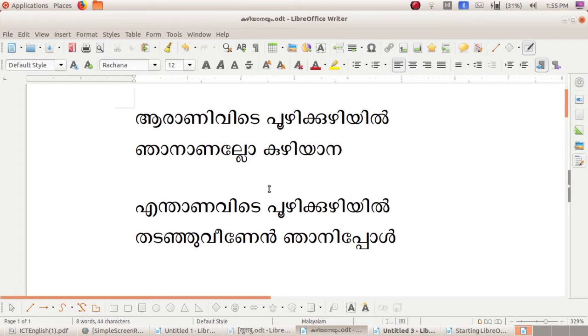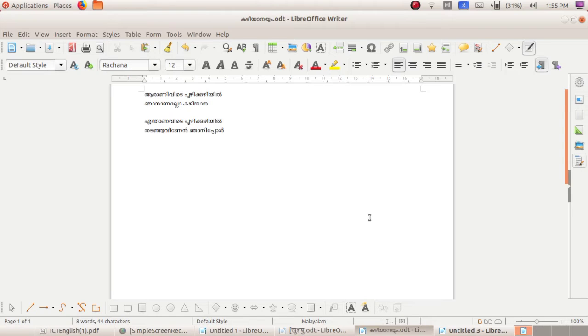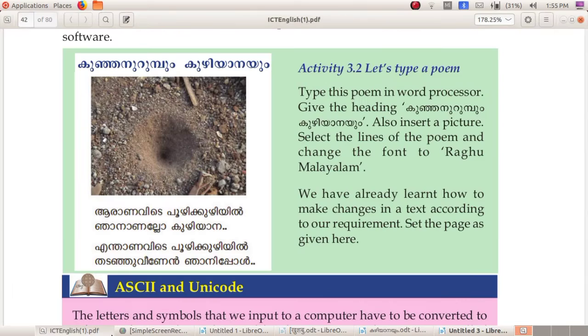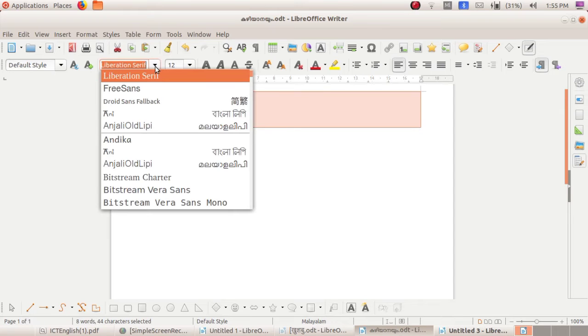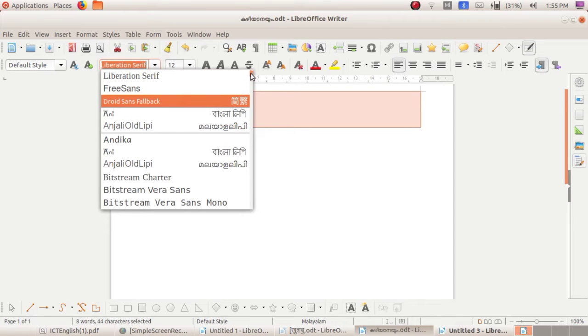So after typing these 4 lines, you want to change this font into Raghu Malayalam. See, select the lines of the poem and change the font to Raghu Malayalam. Now I am selecting this, and from the font name box I am selecting Raghu Malayalam.